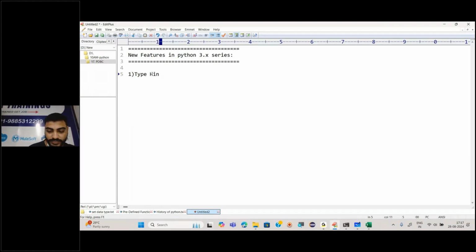Okay, type hint, which was introduced in 3.5, or I would say 3.5 plus. What it does is allow you to specify variable types for better code clarity